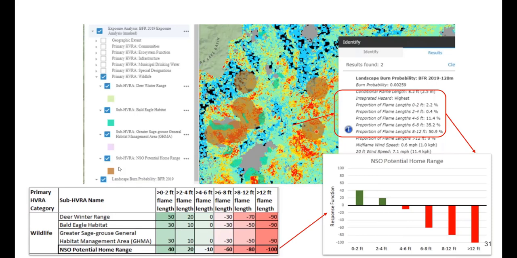And again, just to tie it back to that landscape burn probability output, to understand as best you can what you're doing when you are assigning these response functions: it's looking at the proportion of the flame lengths in each of these fire intensity level classes. In this case, they span from 0 to greater than 12 feet and add up to 100%. So each response function is multiplied times the proportion of flame length percentage that falls in that category